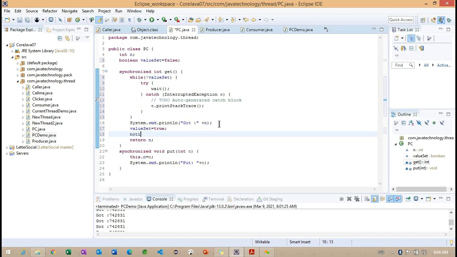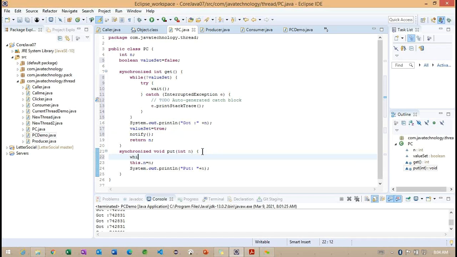After this, because we are having only one thread, we are going to call notify, and again I'm returning n. The same logic we are going to implement inside this particular put method.